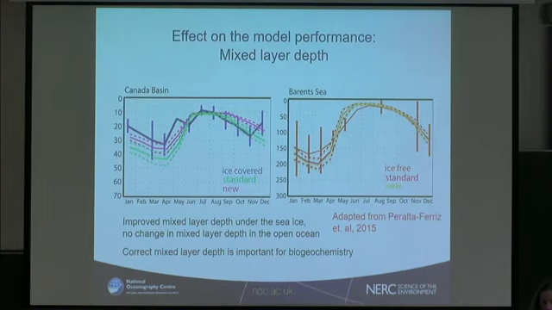It's a bit worse at the end of the year, but the overall maximum mixed layer depth in the year is quite an important factor, because of nutrient fluxes, it dictates how many nutrients in the end you can reach. And for the Barents Sea, you see actually we don't really change anything at all. We don't deteriorate the mixed layer depth because of our new scheme. So that's good in a way. We can improve one thing without messing up something else.